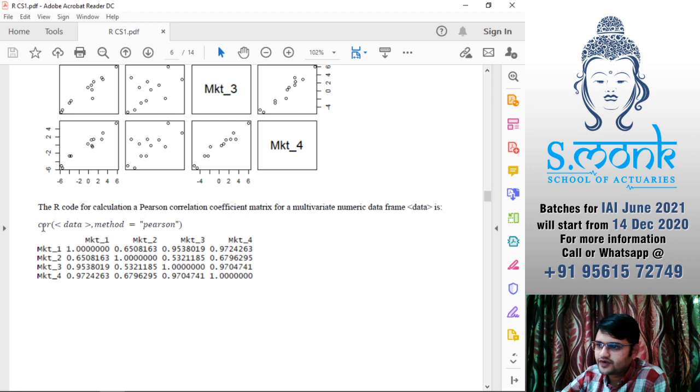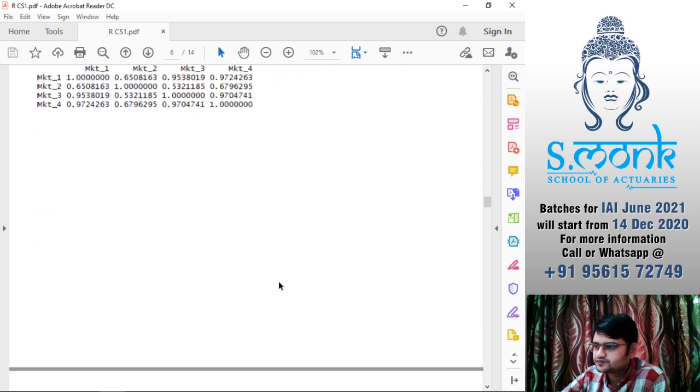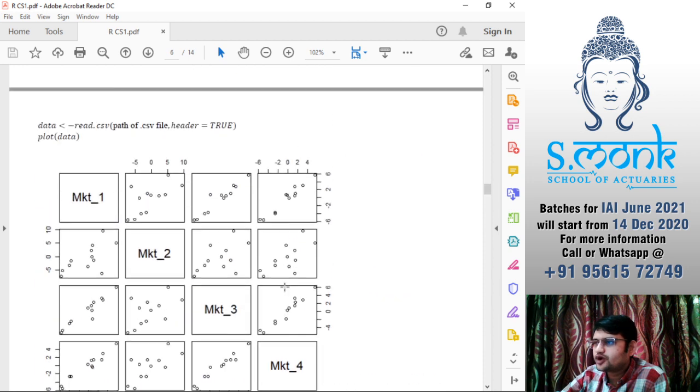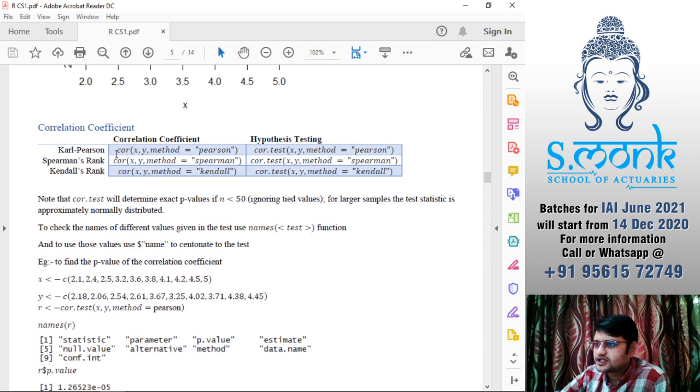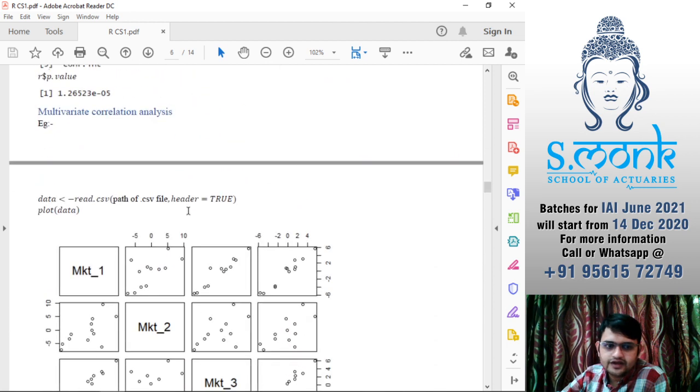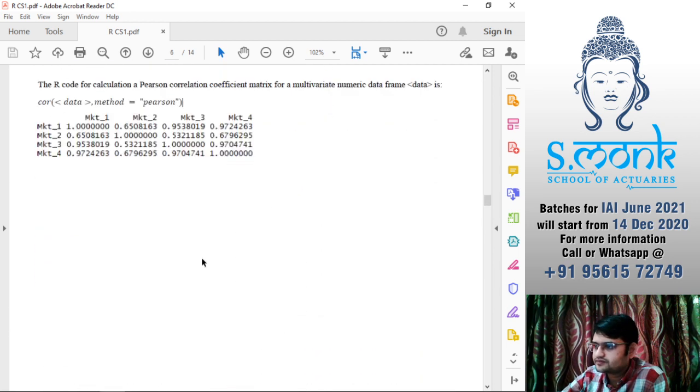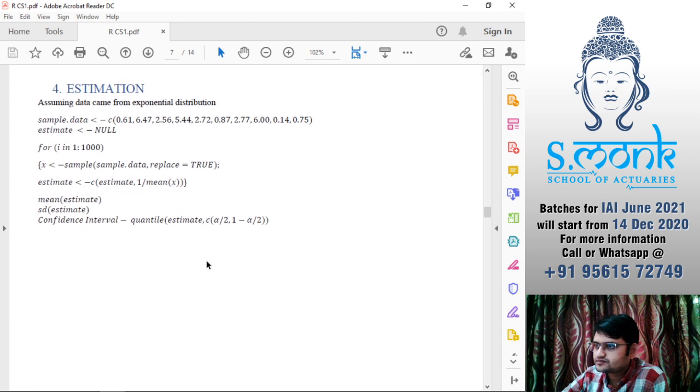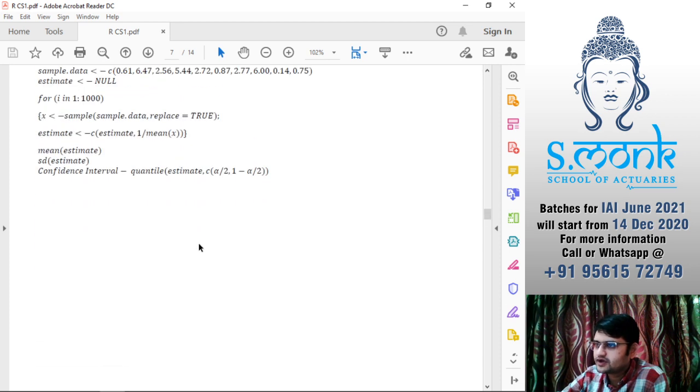So when we have multivariate data, we can use cor to find correlation. Correlation is important, especially when we have linear regression or multivariate data. Again, estimation we'll talk about later.